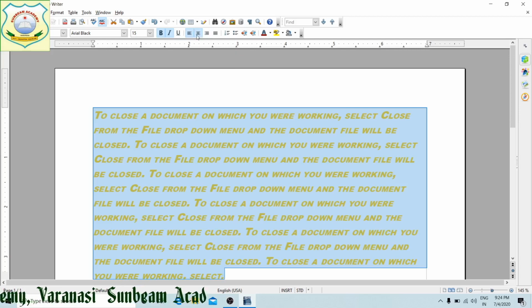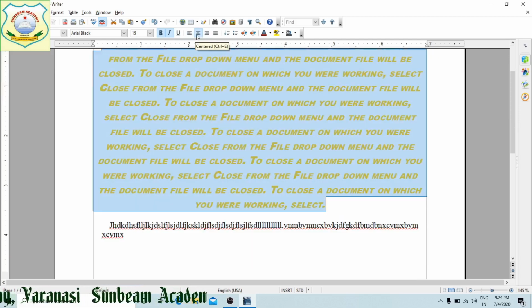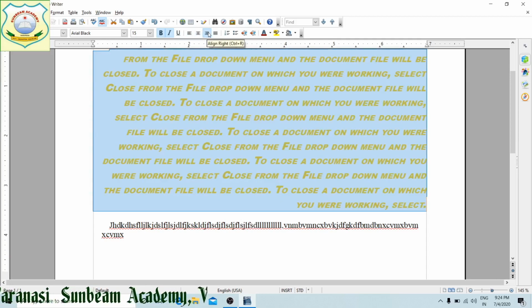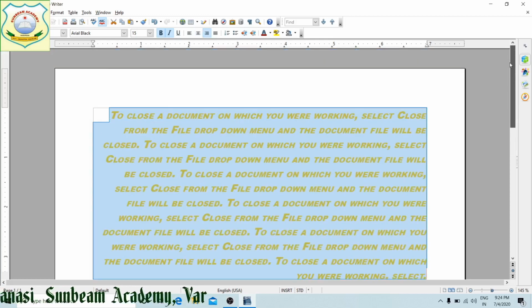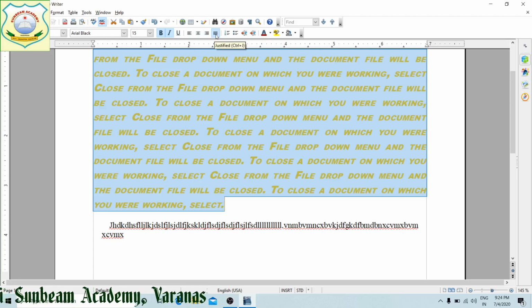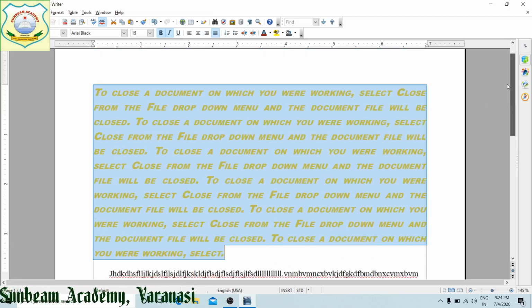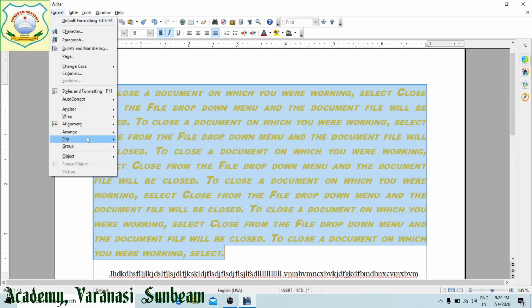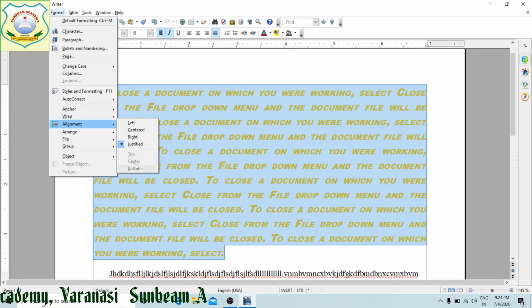Second is center. Text will flourish from the center line and it will go to both sides equally. Right, from where it is going to start doesn't matter, but it will end at the same point. Next is justify, meaning left and right, they will start and end on the same point. This is known as text alignment, this is your horizontal alignment. Now you can see a few more types of alignment: top, center, bottom. Means it will start from the top, center or bottom of the page.